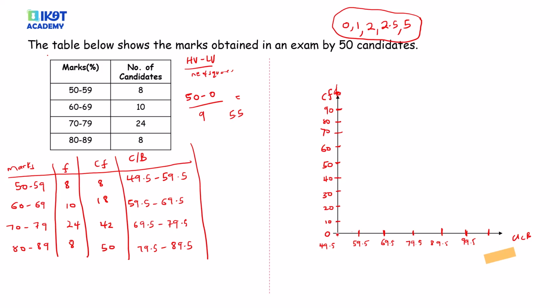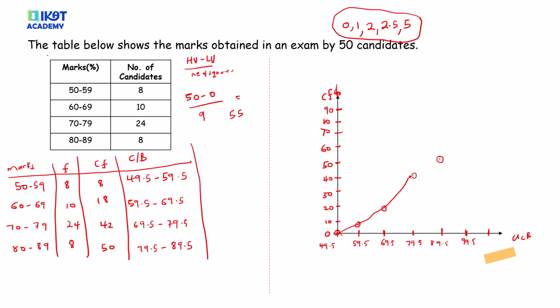So now here on the lowest class boundary, what we plot is 0. See here we plot 0. Then now we are plotting upper class boundaries. So at 59.5 we will plot 8. So 8 is around here. So in a proper graph you can be able to locate. Then at 69.5 we are plotting 18. 18 is around here. Then on 79.5 we are plotting 42. 42 is around here. Then 89.5 we are plotting 50. 50 is around here. Then we join this